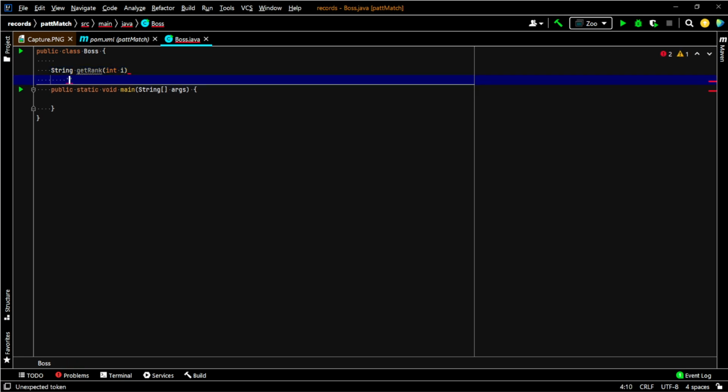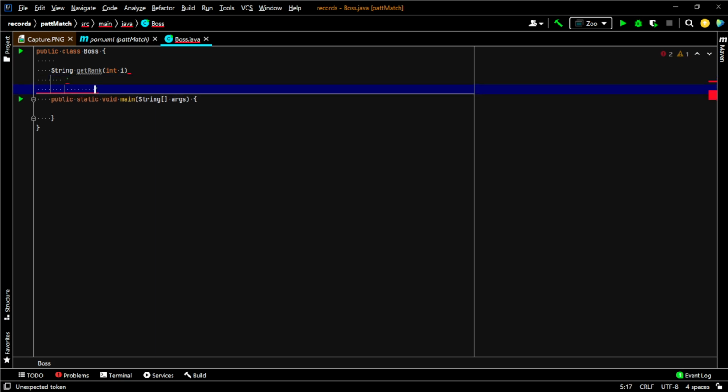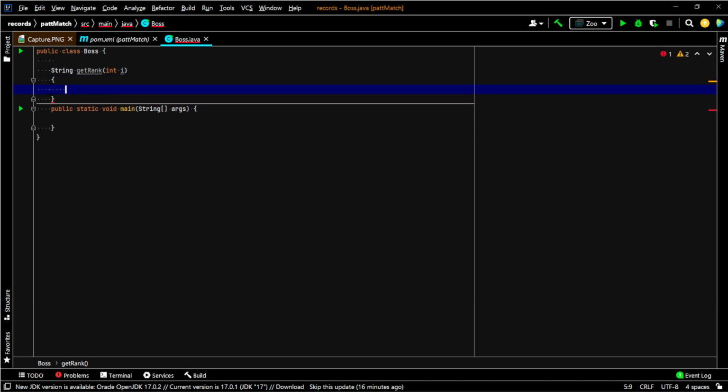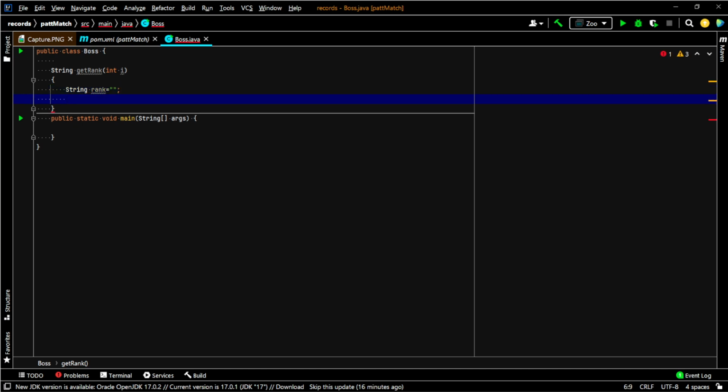Here in this method I'm gonna use the old switch. So I'm gonna say String rank equal, and I'm gonna switch